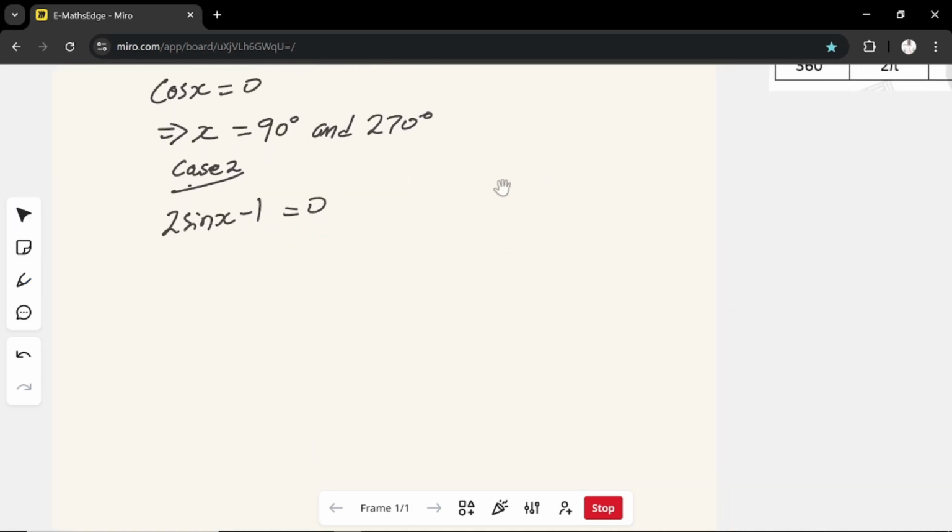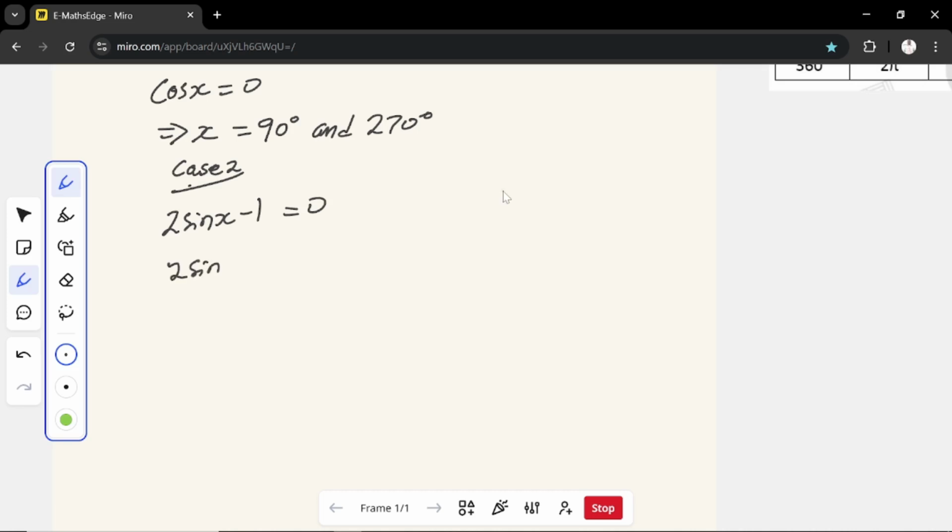And how do we do that? We take the constant number, which is 1, to the right hand side. Let's simplify it by taking the constant number to the right hand side. We are going to be left with 2 sine x equal to 1, right? We can further say divide through, or divide both sides,